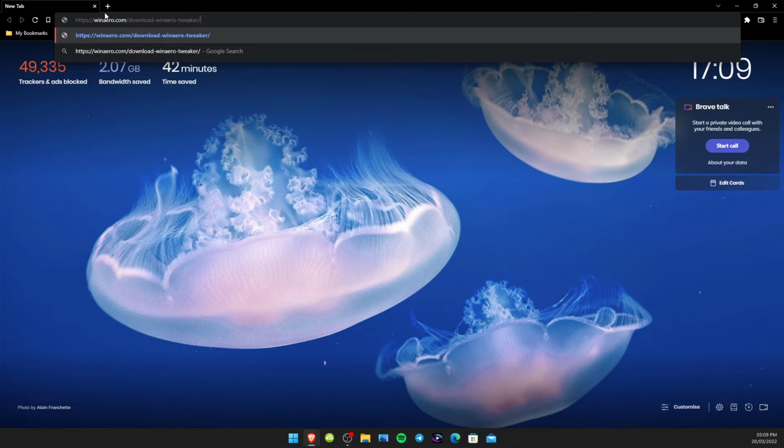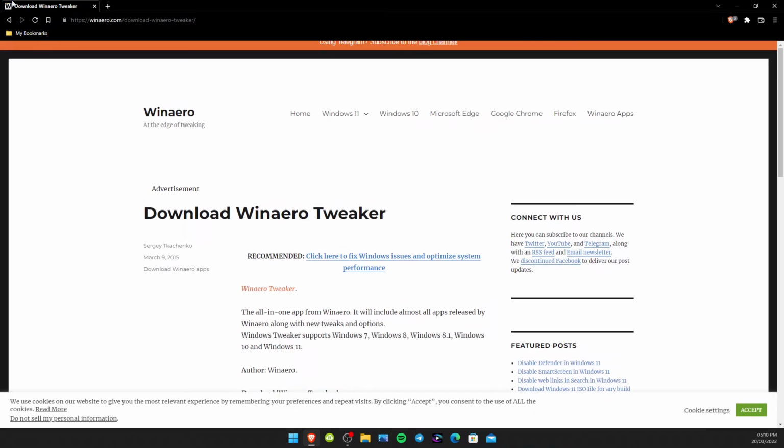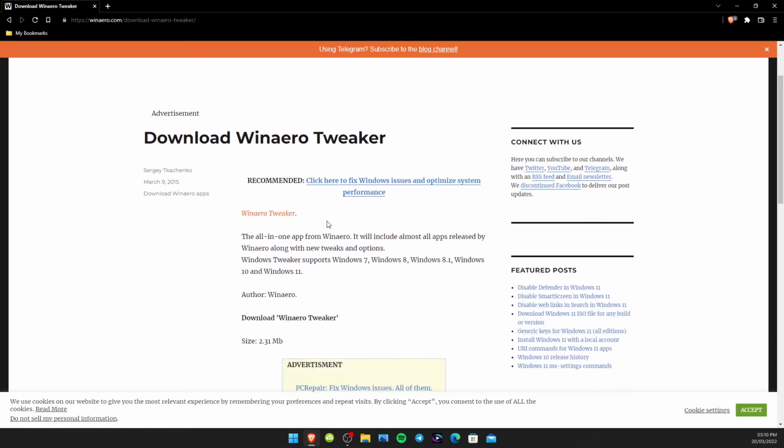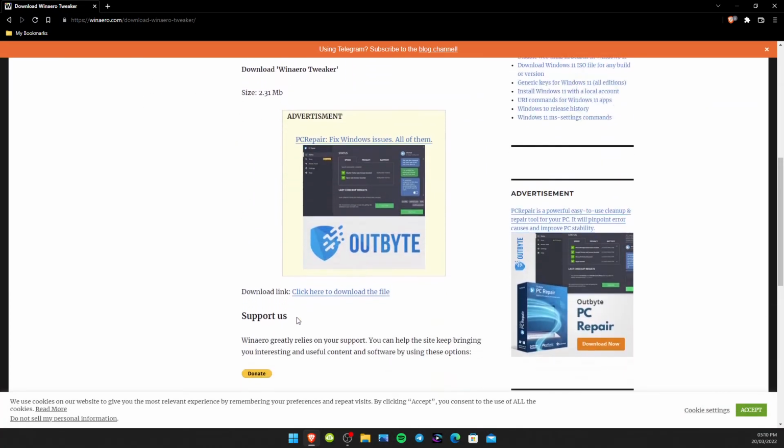So again, that's winaero.com/download. That's WINAERO. That's TWEAKER. So once you typed it in, click on enter, scroll down to this here where it says download and